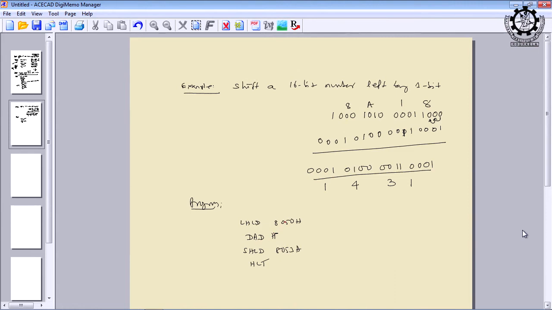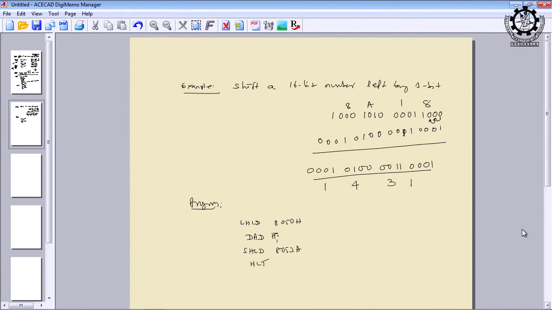HL is by default present in the instruction, as I told you in the previous example. So, if you write H here, that means you are adding the HL content with the HL content, and the result is stored in HL. And if you add 2 times, the number is shifted once to the left side. This is one way of solving the problem.